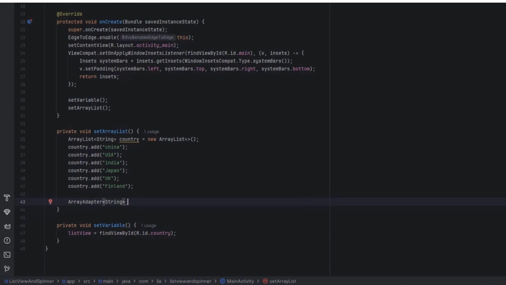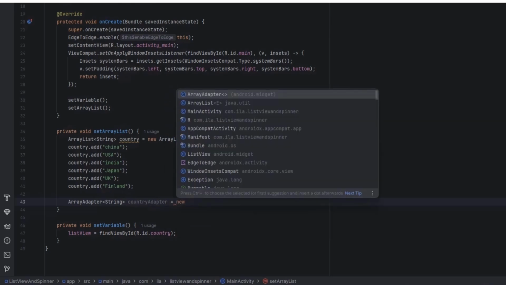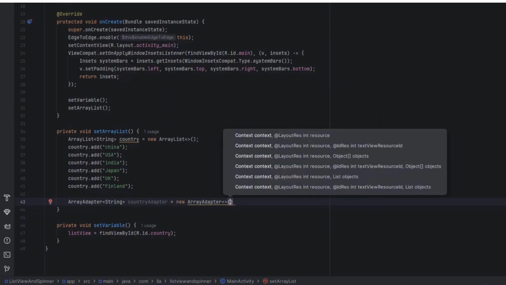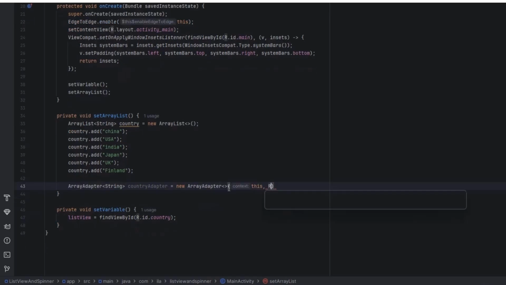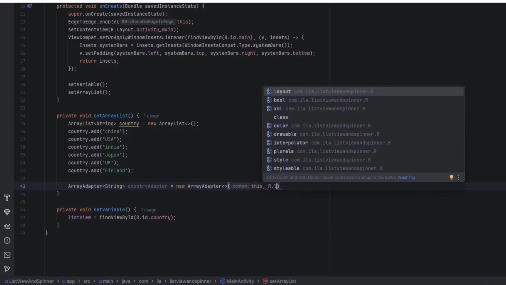In here I'm going to say this is country adapter. Within this I'm going to pass three variables. Number one is going to be the context, so you can see that we have context here, and we have to provide the layout resource, and we should also provide the array list that we are going to use. So that is the object. So let me pass the context as this. So here I'm going to use R.layout